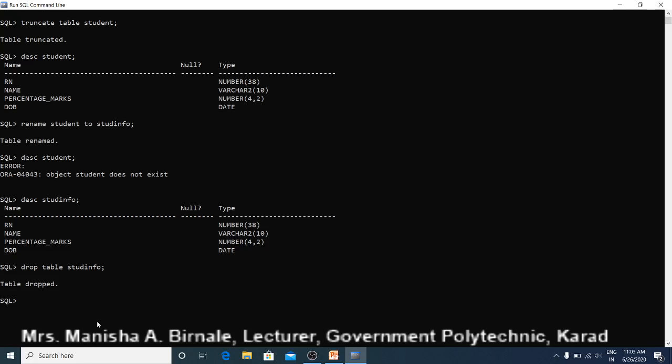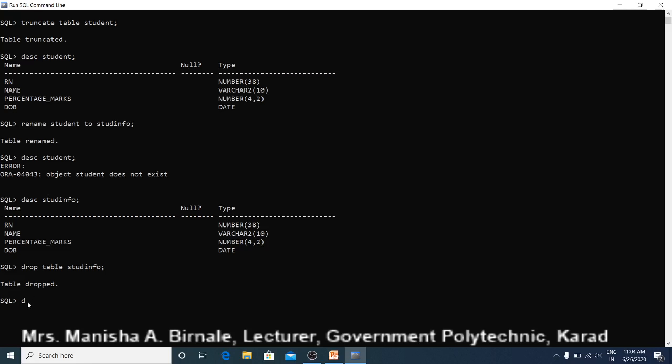So what is difference between truncate and drop? In truncate table, all the records from the table are deleted, but structure of table remains intact. But in drop table, all the data from the table is deleted as well as structure of the table is also deleted.